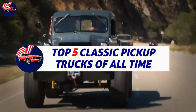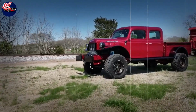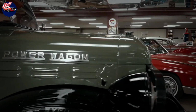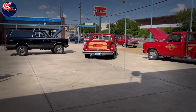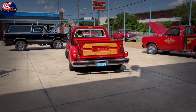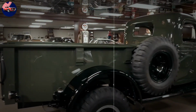Top 5 classic pickup trucks of all time. Technology is incredible, isn't it? Today's pickup trucks are marvels of engineering, sleek, powerful, and equipped with cutting-edge features that make driving safer, more efficient, and more comfortable. But as impressive as modern trucks are, there's something special about the classic American pickups of the